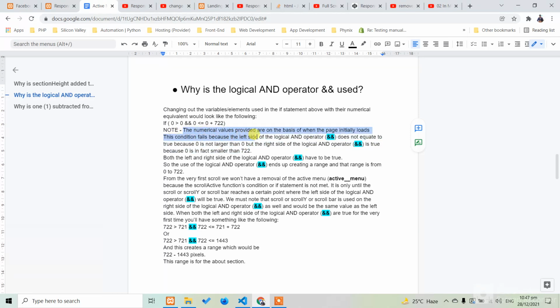This condition fails because the left side of the logical AND operator does not equate to true, because 0 is not larger than 0. But the right side of the logical operator is true because 0 is in fact smaller than 722. However, both the left and right side of the logical AND operator have to be true. So, the use of the logical AND operator ends up creating a range, and that range is from 0 to